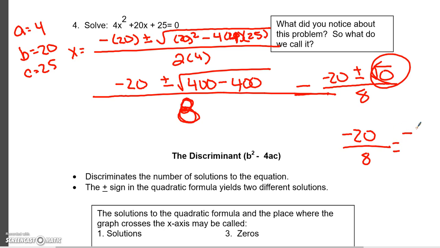And this would be negative 10 over 4. 4 will go into both of them, so x would equal negative 5 over 2. I'm not sure exactly what they were wanting there. But what you need to see is that if under the radical you have a 0, you're going to have one solution. If under the